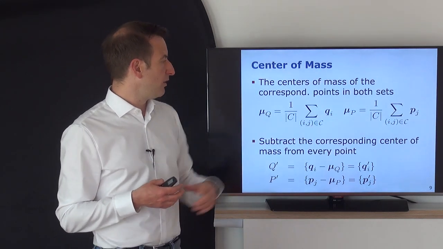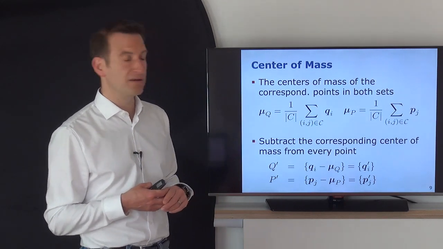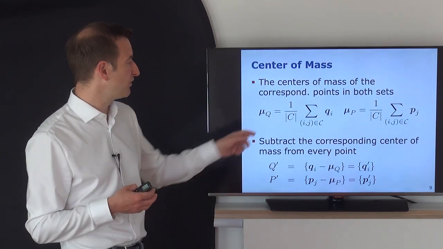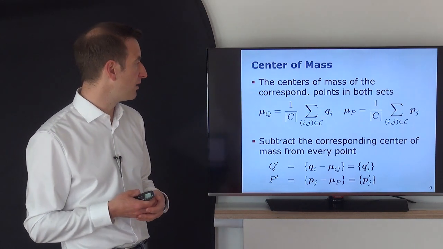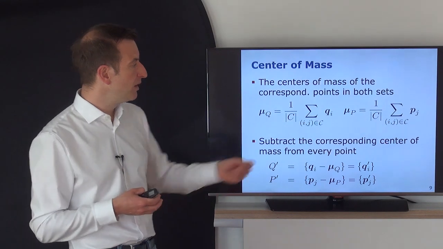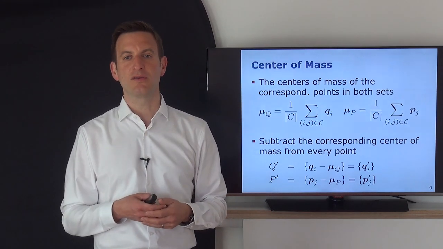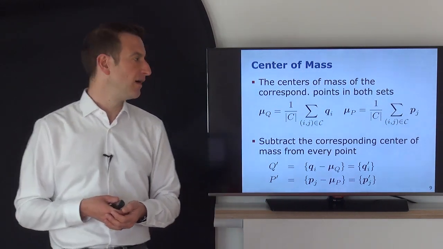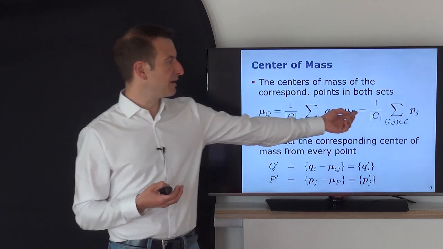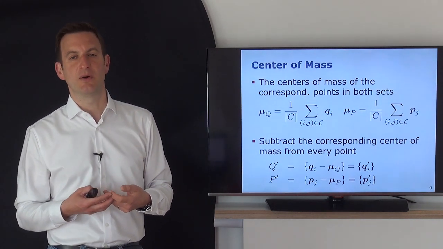So we sum up over all points in Q and then divide by the number of corresponding points. This gives us the mean of the points in Q, so the center of mass of Q, and we do exactly the same thing for P. So iterating, summing up all points for which a corresponding partner in the other can exist, and then dividing it by the number of correspondences or points we are considering, so that we end up with the center of mass